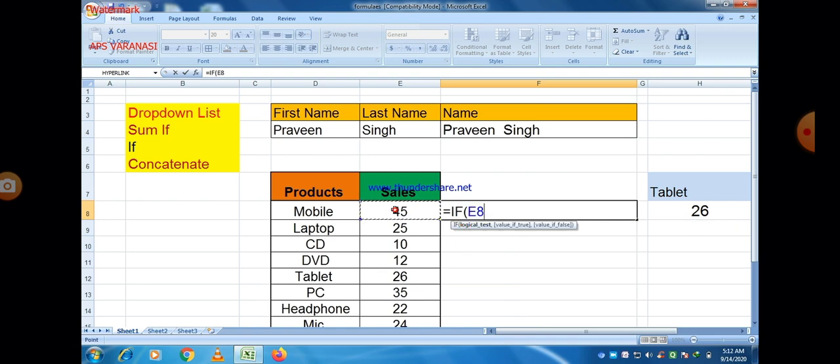Okay, so now here I give the condition again. This is the symbol of not equal to. The symbols of less than and greater than appearing at the same time become the symbol of not equal to. You can easily see that: less than and then greater than.